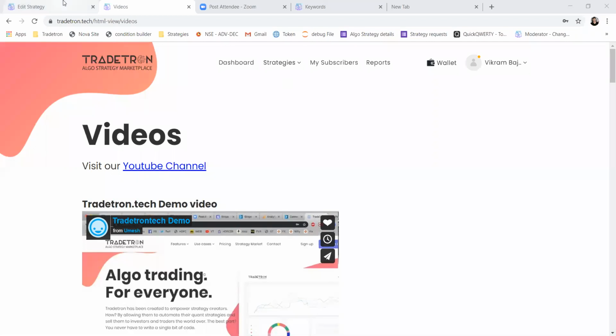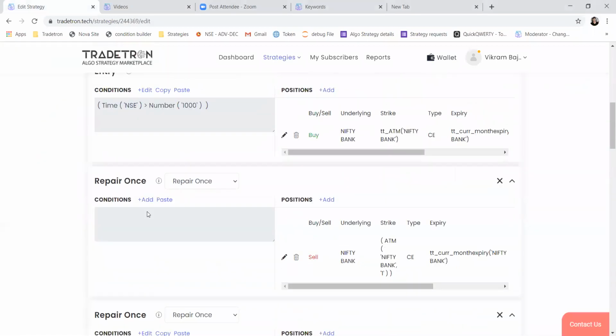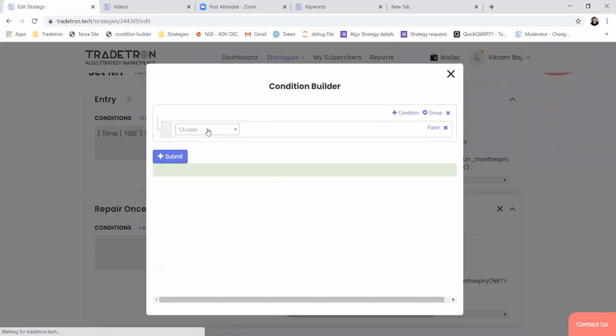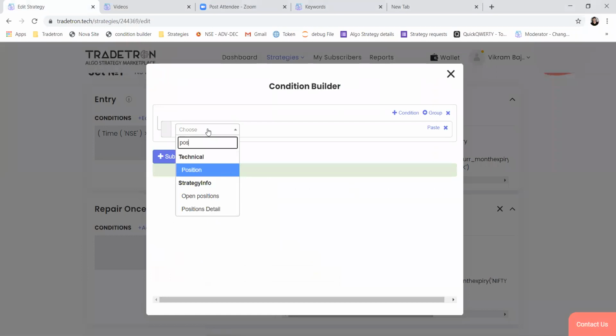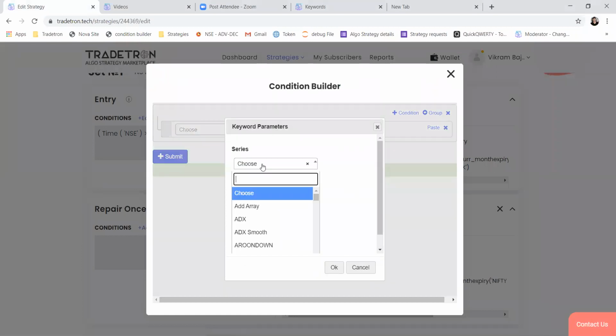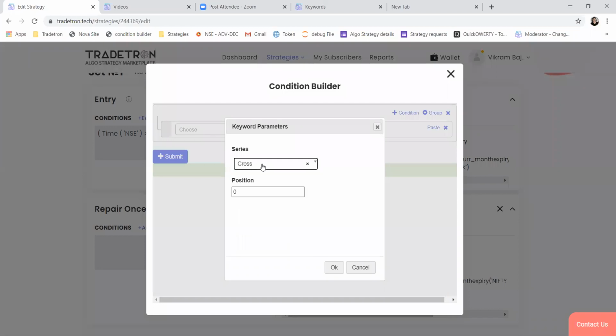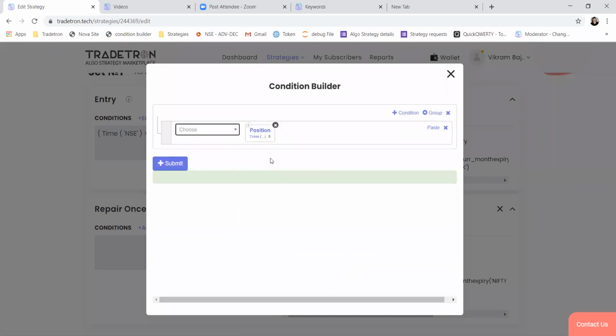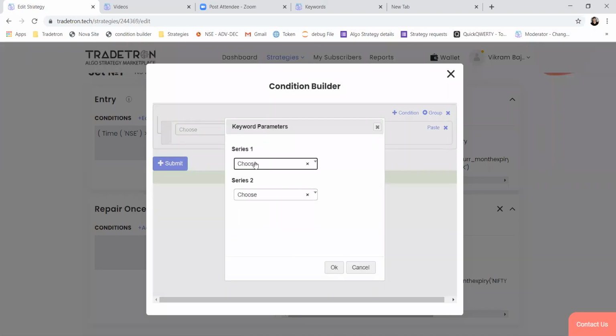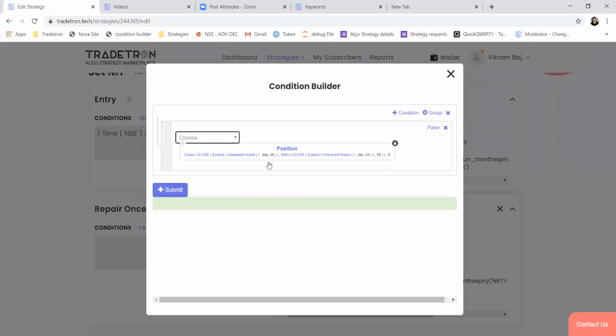Someone is asking what is the use of the cross keyword and how it can be used. The cross keyword checks whether the first parameter in cross has crossed above the second one. Let's say I want to check close value crossing over 10 period EMA. This is how I'll write the cross.